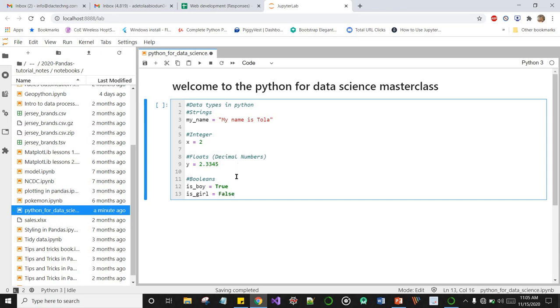So boolean expressions in Python can just be true or false, and in logic we know true to be 1 and false to be 0, right?